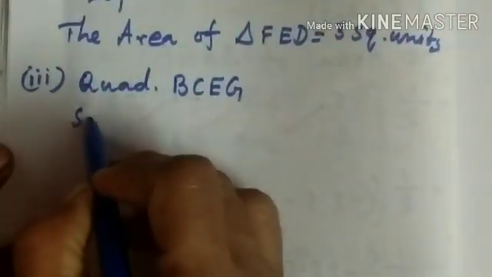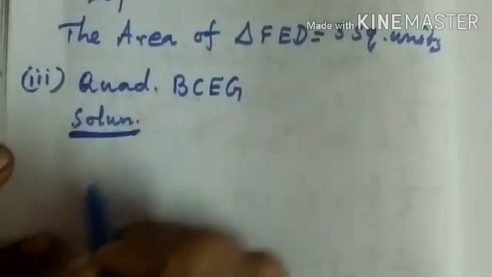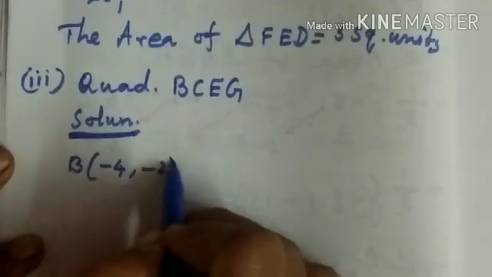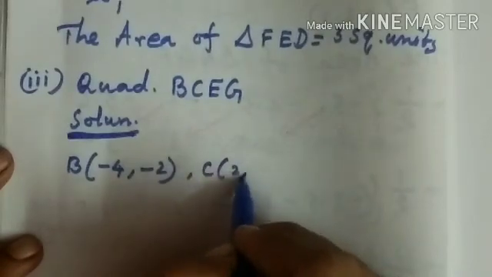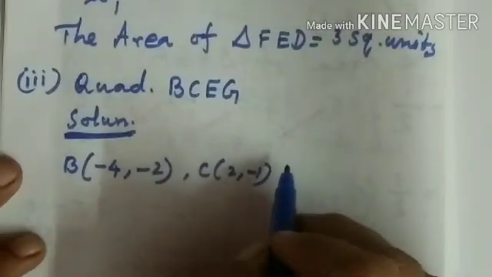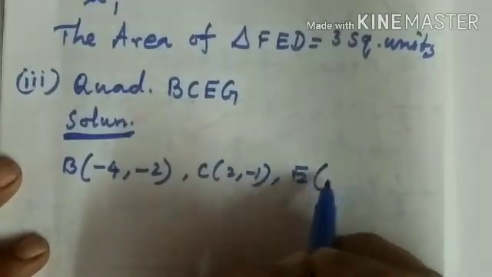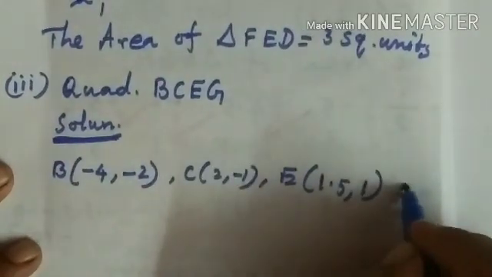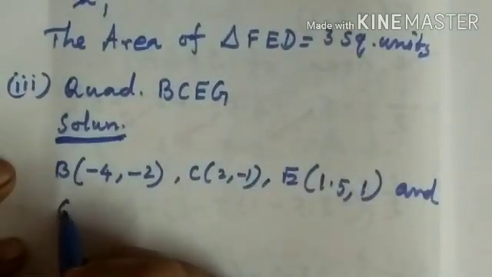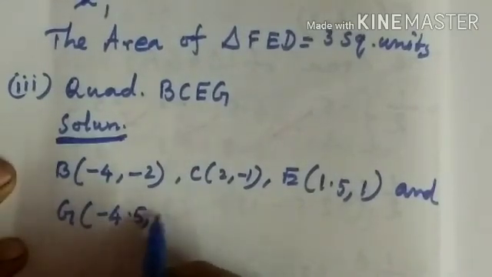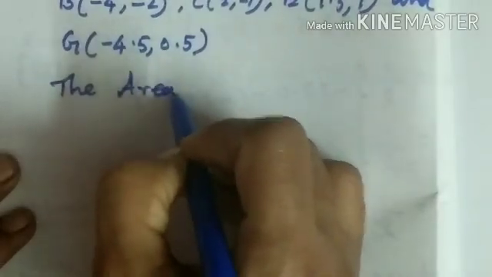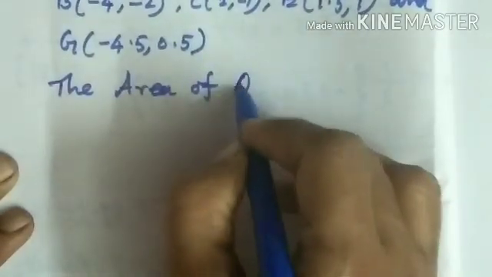In solution, first you have to take down and write the given vertices, that is B minus 4, minus 2, C 2, minus 1, E 1.5, 1 and G minus 4.5 comma 0.5. Now the area of quadrilateral